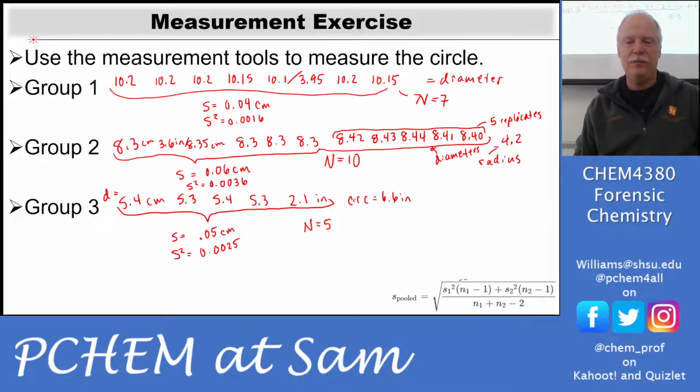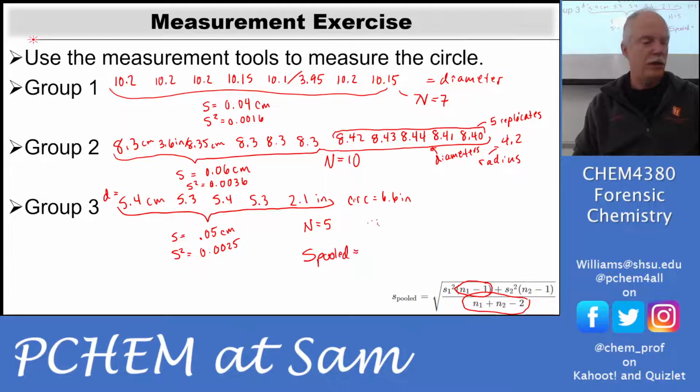Okay, so now down here, if you notice, what is this pooled standard deviation? It looks complicated, but it's not. This is the degrees of freedom for group 1, and it's divided by all the degrees of freedom in the whole room, or in the state, that we're talking about. So we have our S pooled is equal to the square root.